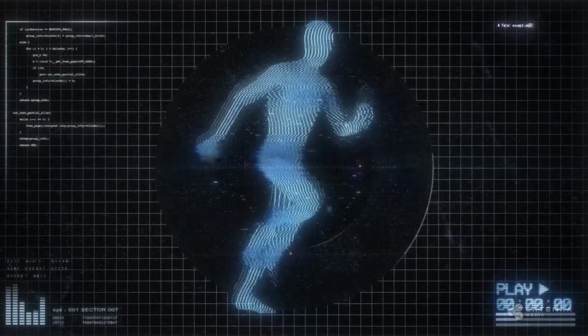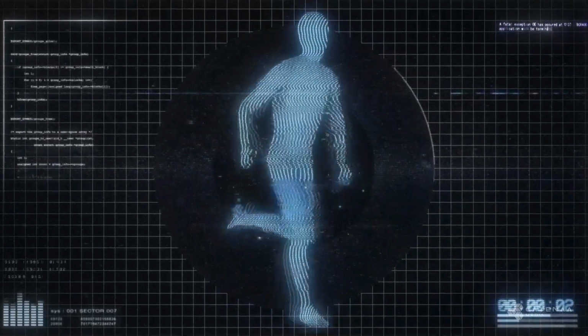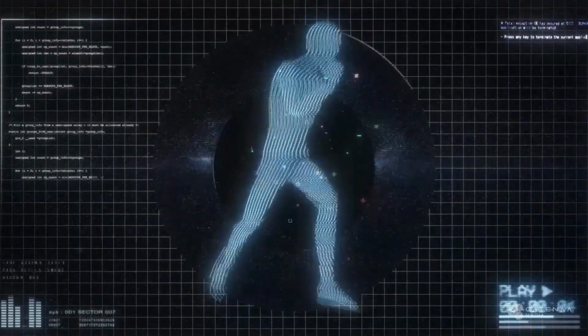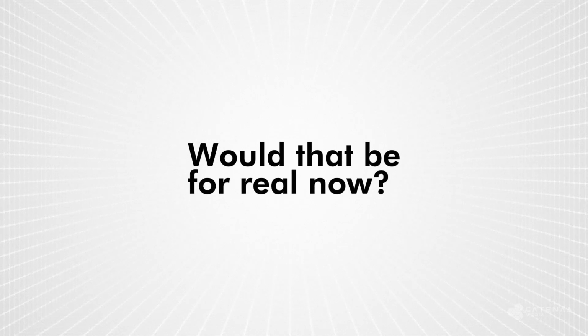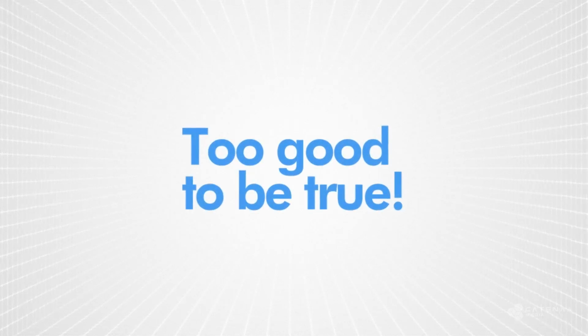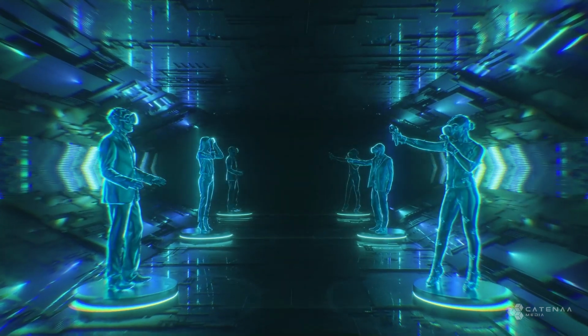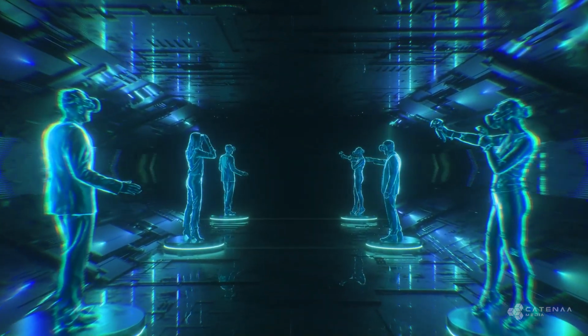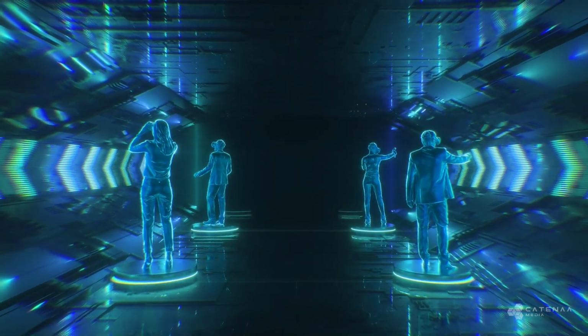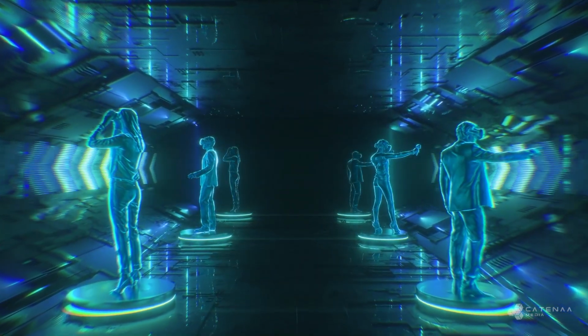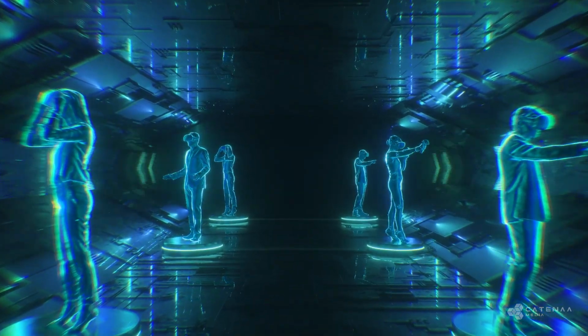But unlike its quantum counterpart, your digital twin is a pristine projection of yourself, tirelessly tackling tasks with precision and efficiency. Would that be for real now? Too good to be true, yeah. It is for real that we encounter our digital twins today, hovering about in a multitude of systems and processes, helping us reach places we cannot go ourselves and preemptively solving issues in the horizon.